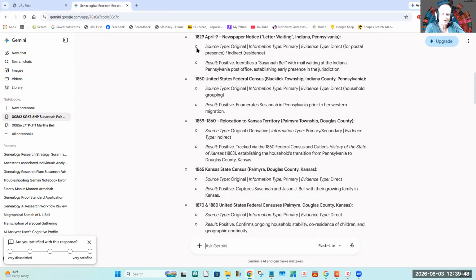I frankly didn't give this 1829 newspaper notice that a letter was waiting for her that much evidence. That is very close to her birth date. If a child received a letter waiting for them, and that was the way in which the post office notified you that there was a letter, they didn't deliver in those days. In some places, they'd post it in the newspaper, and you'd go pick it up at the post office.